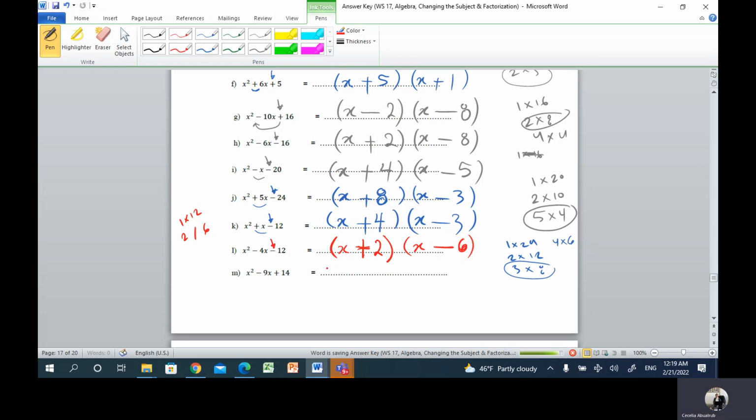Now x squared minus 9x plus 14, open two brackets. Look at the last term, it's positive, so we must take